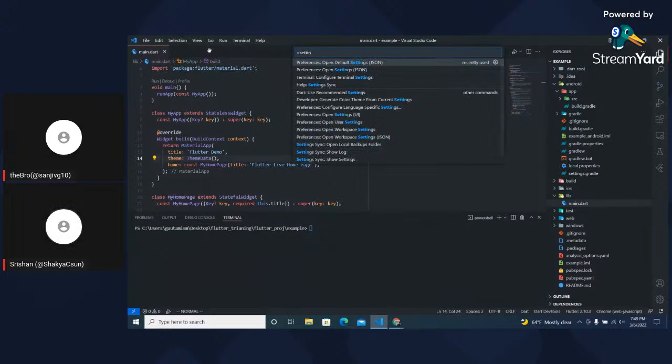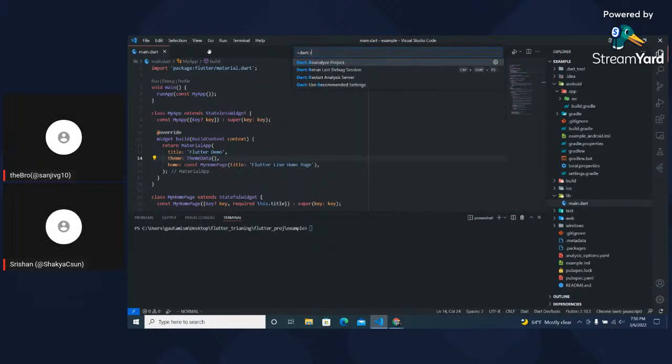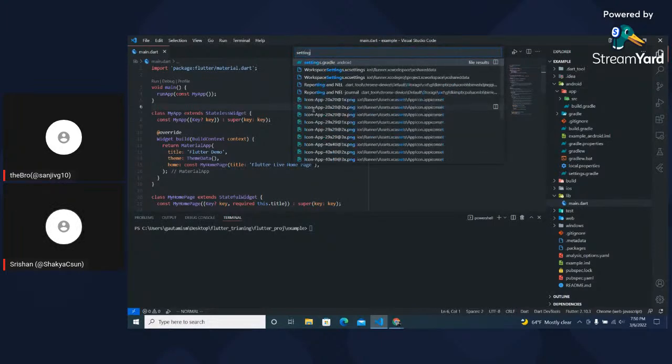Search for Dart, recommended settings. Use recommended settings. Maybe you already selected yes. If you don't have these recommended settings, you should use them. Just click enter, and it will write some code to the settings.json of VS Code and provide some nice